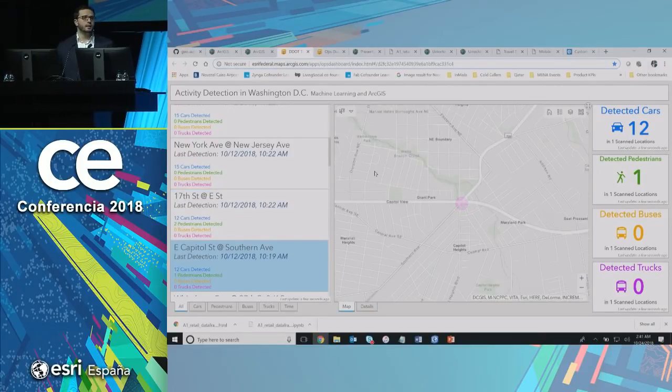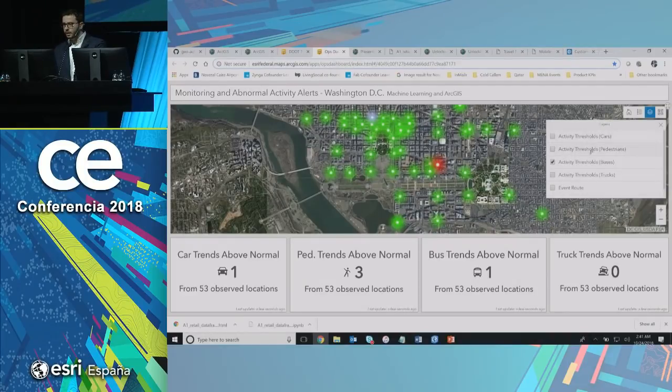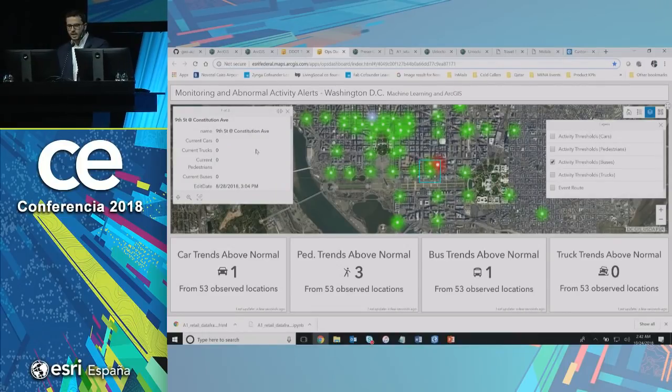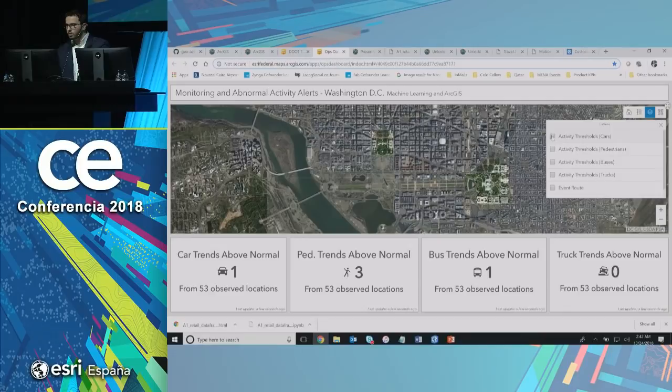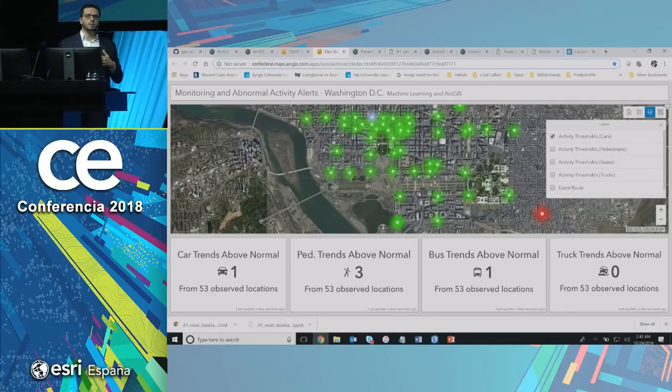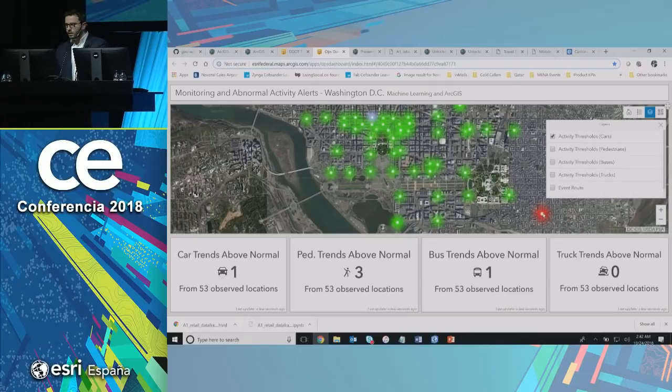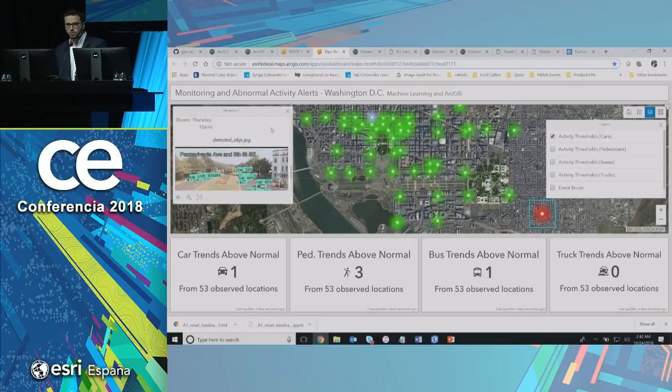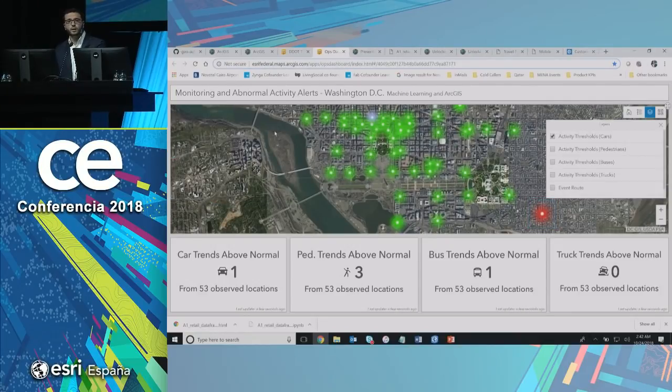One thing that we have done is storing this data to start seeing the abnormal events or the abnormalities. Like, for example, here, we can select a specific kind of activity, like buses or trucks or cars, and start seeing where are the abnormal events. Like, for example, this red part here. And if we click here, we're going to see that we have an abnormal amount of buses. And we can even apply the same thing for cars to see where are the high amounts of cars compared to the history. So you can click here and go to the feed and start seeing those cars in real time. So that was a quick example of using deep learning with ArcGIS to analyze traffic patterns.